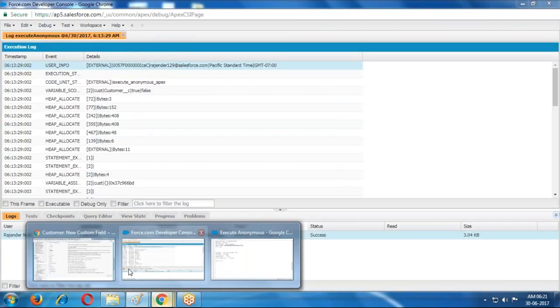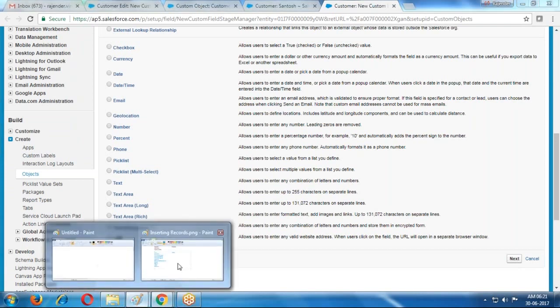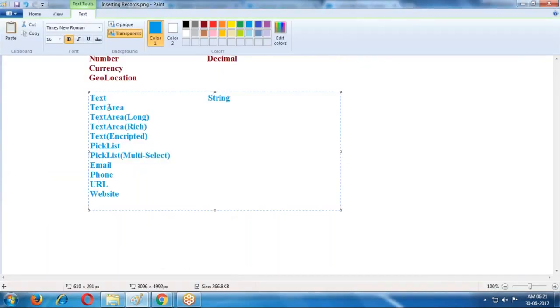So for all these, what are the data types? Email, phone, picklist, multi-select, text area long, text area rich, text encrypted, and URL: it takes the string type of format.